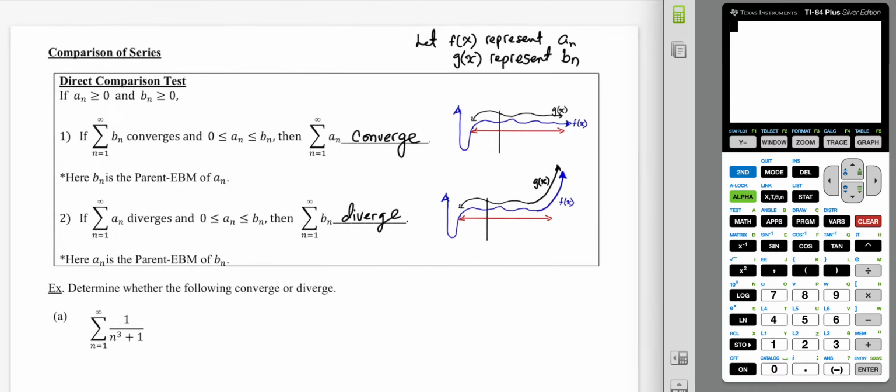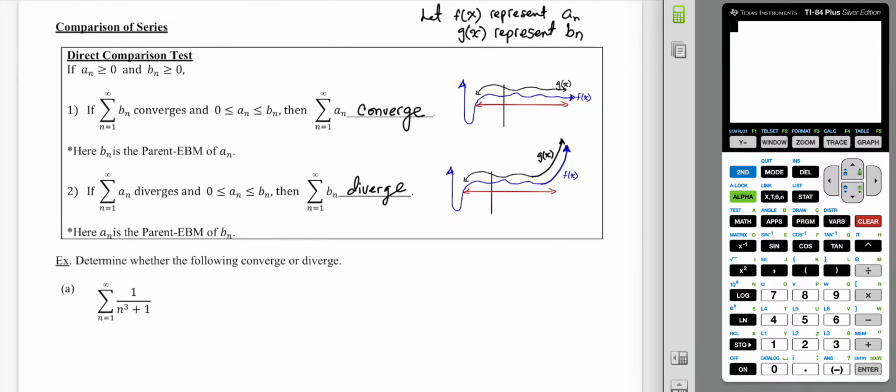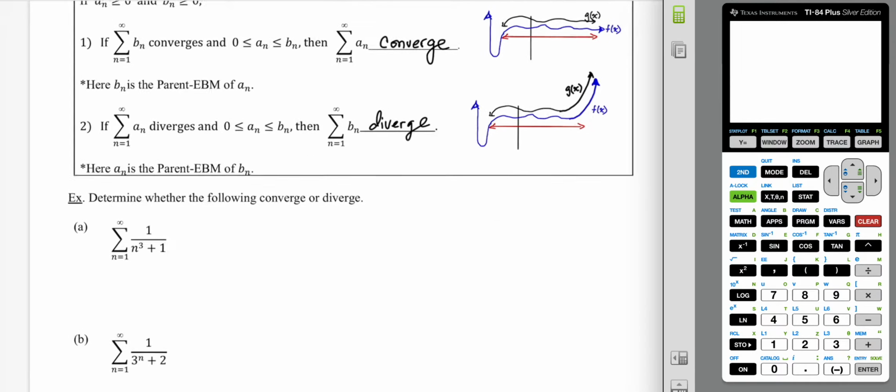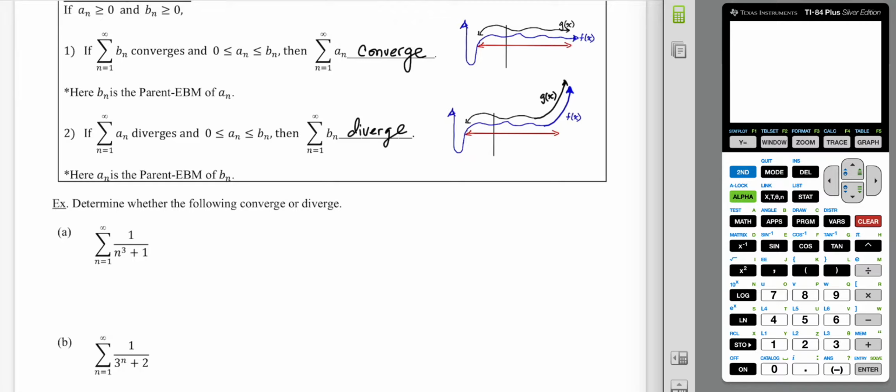All right, so if f of x, which represents a sub n, diverges, so would b sub n. All right, so the examples: determine whether the following converge or diverge. Well, let's start off by finding the parent EBM. All right, so we know the a sub n, that's given. That's ultimately what we're trying to find, quote unquote, the answer to. But let's discuss the parent EBM, the end behavior model associated with